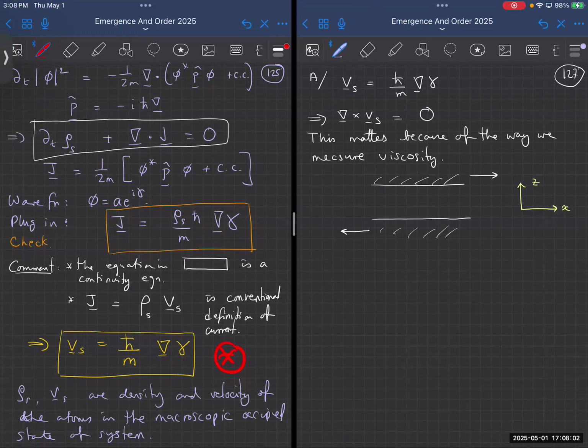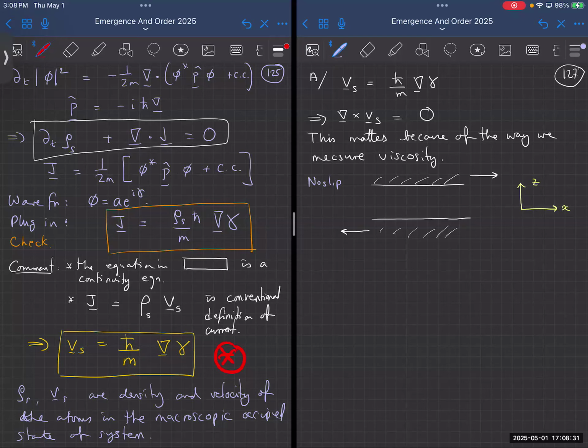So think about this. The surface is moving, but there's no slip at the surface. So that means that the atoms in the fluid that are in contact with the surface are being dragged along with the surface. The ones at the top are being dragged along to the right, the ones at the bottom are being dragged along to the left. Then the ones in the middle inside the fluid don't see the surfaces at all. What they see are just the neighboring fluid particles.